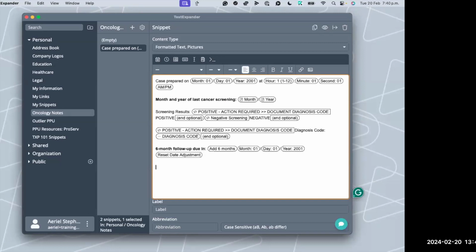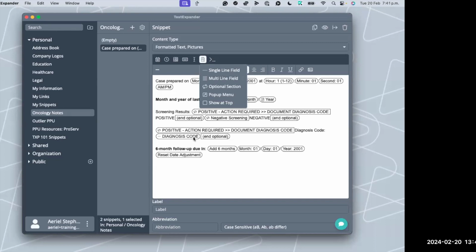Alrighty, so next we are going to put in a type of fill-in that is a multi-line field. For the diagnosis code, we used a single line field, and the best way to think about this is how they're named. A single line field is best for a single line of text. A multi-line field is best when you want to put multiple lines of text.